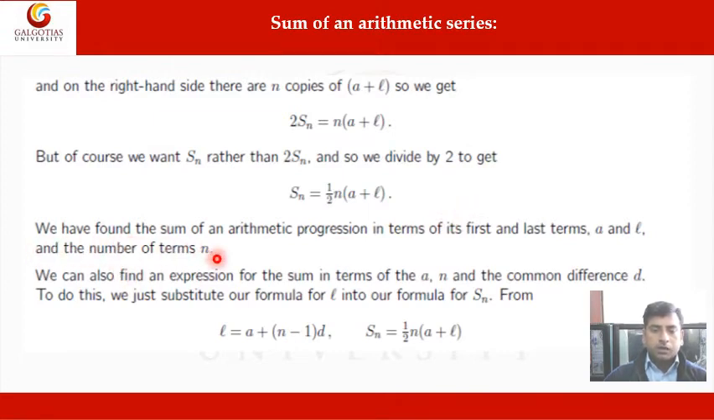We have found the sum of an arithmetic progression in terms of its first term and last term, a and l, and the number of terms n. We can also find an expression for the sum in terms of a, n and the common difference d. To do this, we just substitute the formula for l into our formula for Sn. From l equal to a plus n minus 1 into d, and Sn equal to 1 by 2 n into a plus l, here we will substitute the value of l. So Sn will be 1 by 2 n